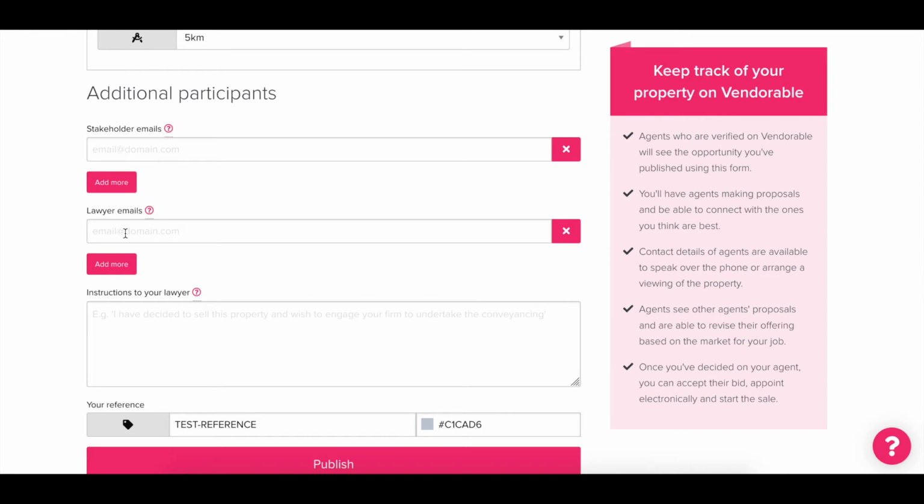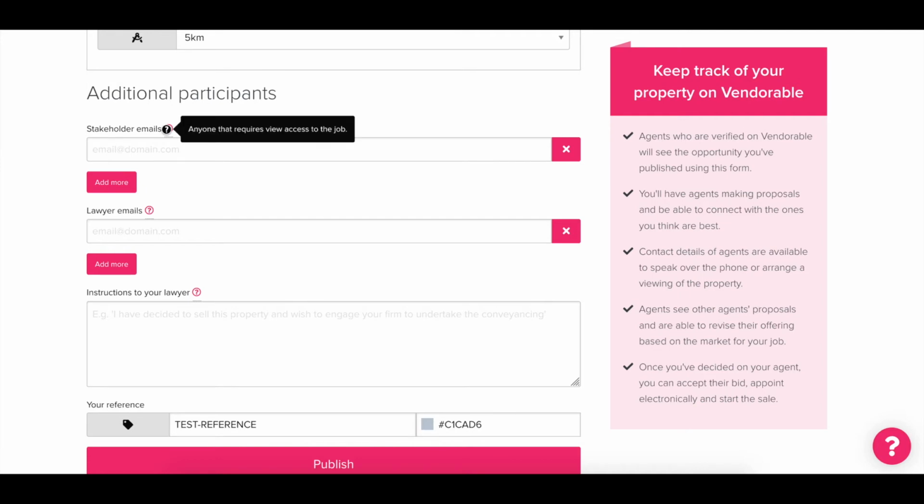We also allow two types of additional participants on any particular transaction service. The first is a stakeholder, and stakeholders have what we like to call view-only access. This is important because stakeholders are allowed to view what is happening with a transaction, but they may not edit anything with regards to the property record or the transaction, and they have a limited number of components that they can view within the transaction